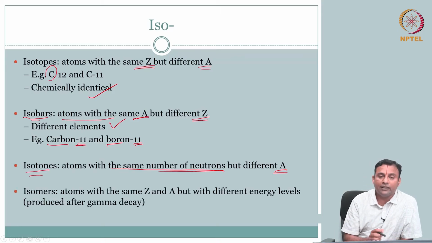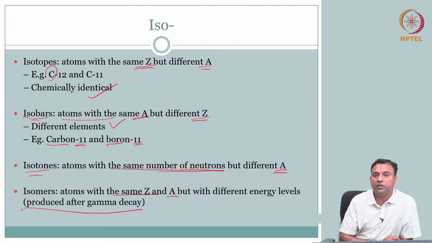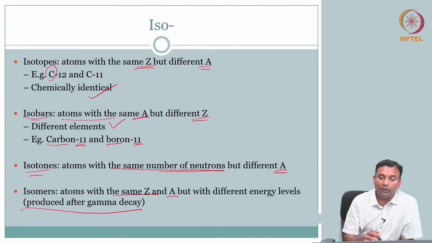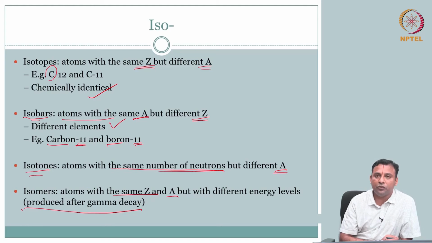Isomers, oh, this is another interesting aspect. Isomers have the same everything, same Z and A, but are at a different energy level. Okay. So these are interesting because these are sometimes used in the process that we are going to look at, right. So sometimes these come out because of the decay process. Okay. So there are several isos that you should be very familiar with. It is slightly confusing, but when you look at the context and see how it is exploited, you should be able to get over that confusion. Okay.